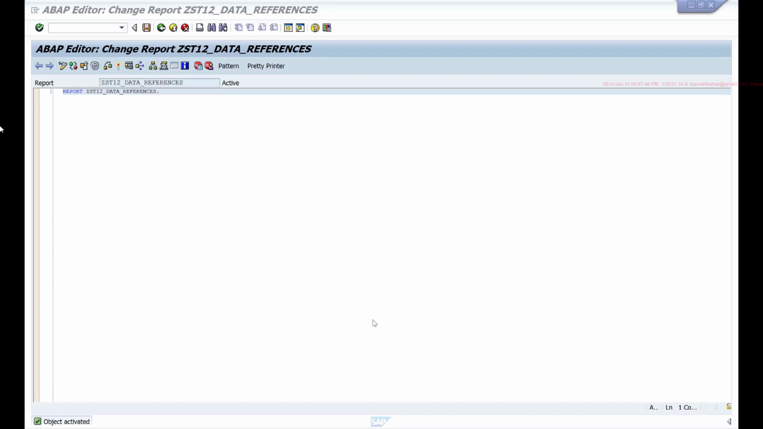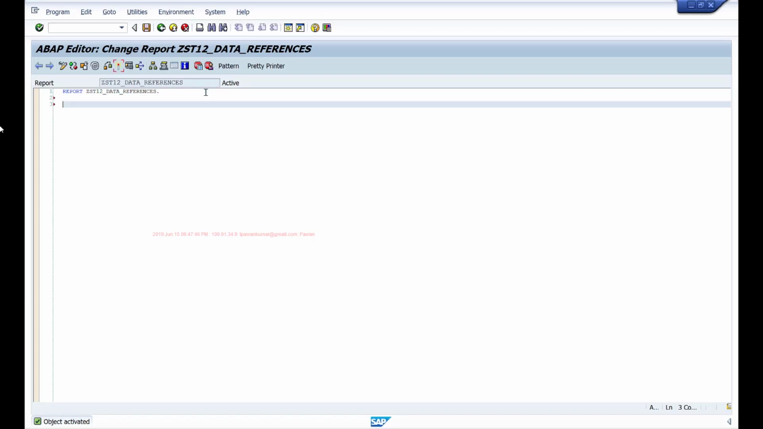And what makes them interesting is they support something called anonymous data objects. Using these anonymous data objects, we can assign the data type at runtime. I'll show you one example. We'll create one program and see how we can use these anonymous data objects to make our program completely dynamic. Okay, so to start with,